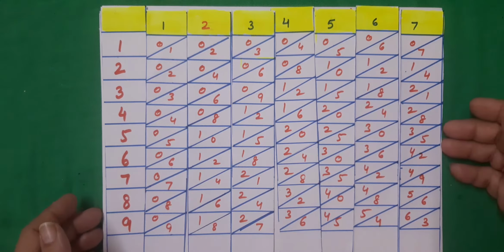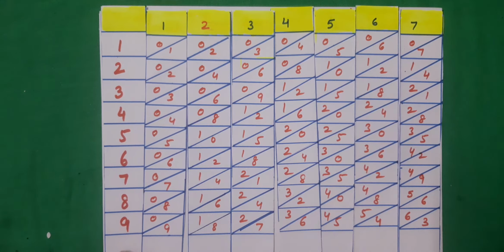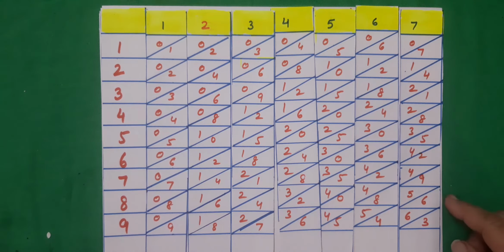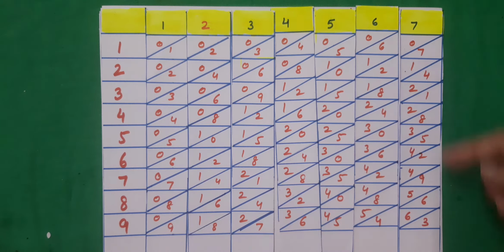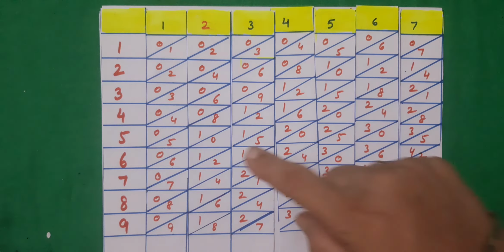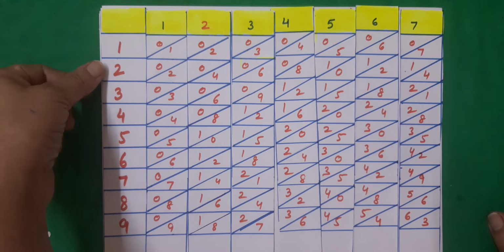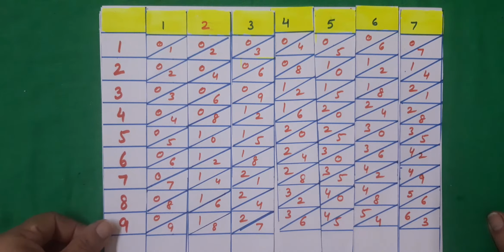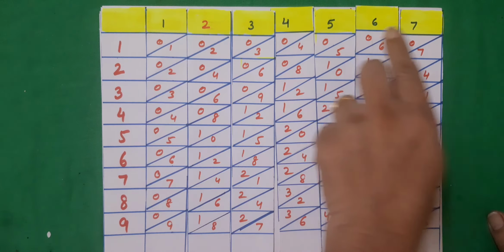So what you have to do is, a very easy way is you take an A4 size sheet and divide it into 8 vertical columns and then 10 horizontal columns. Divide it like this. Then draw these slanting lines over here. On the first sheet you are going to write counting from 1 to 9, and on others you must be seeing I have labeled them 1, 2, 3, 4, 5, 6.